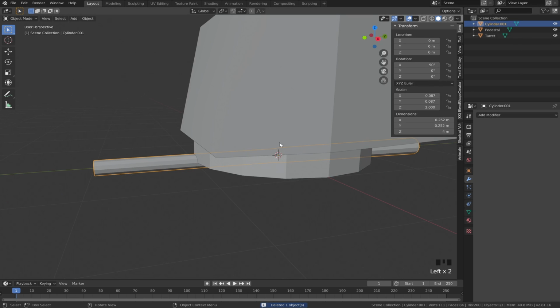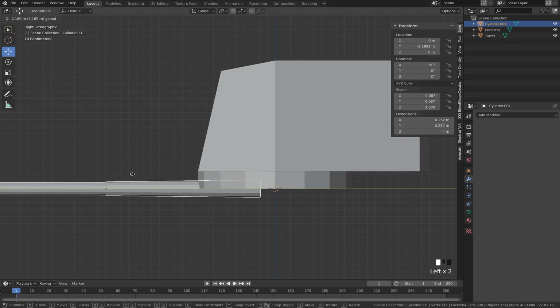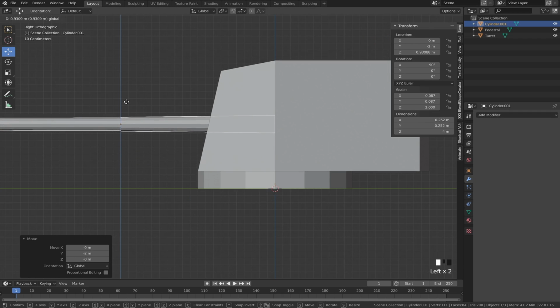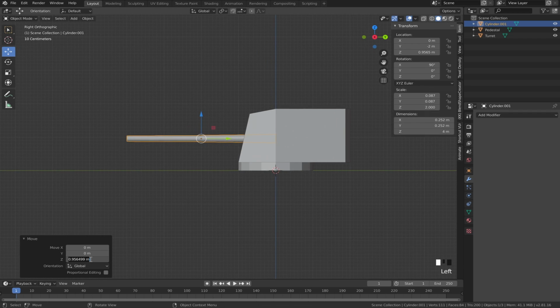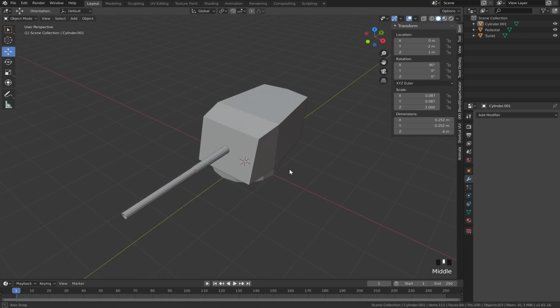Let's add this to the turret. Let's go here. Let's put that end at 0, so -2. Let's lift it up until, I think, 0.95. No, 0. Oh, just 1 works. 1 should work. Bam. Now we have a turret, but